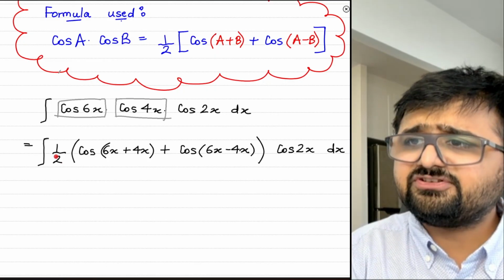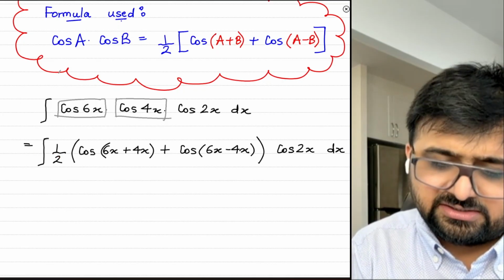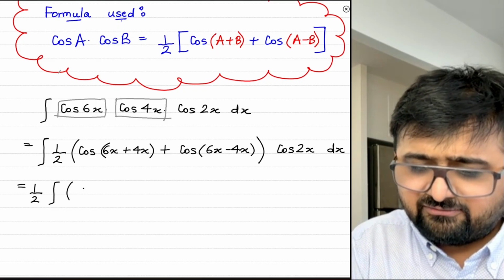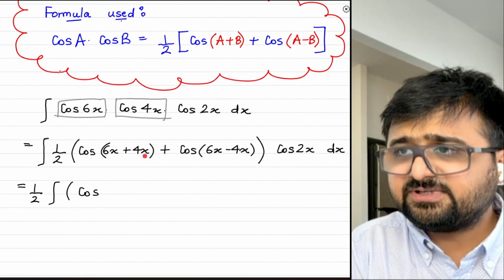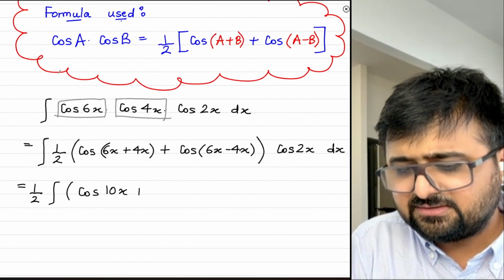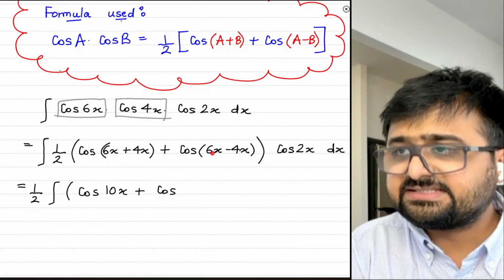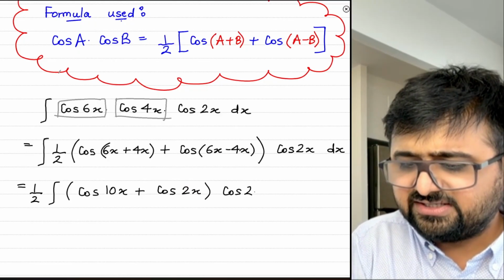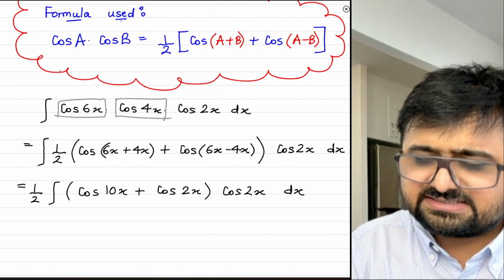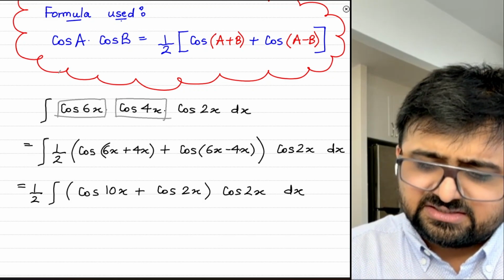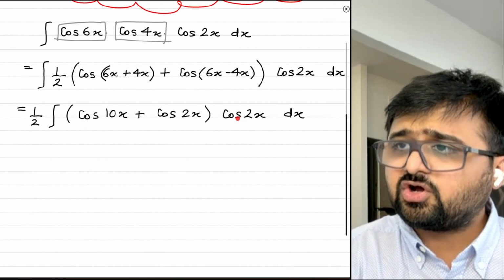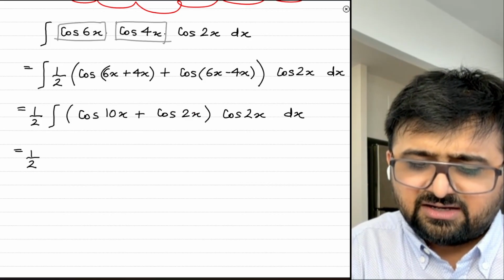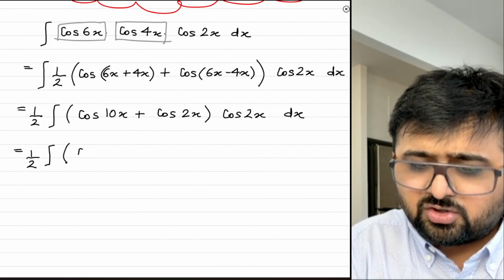This half is a constant value and can be taken out of the integral. So this will become half integral of cos 6x plus 4x is 10x, plus cos 6x minus 4x is 2x, times cos 2x with respect to x. I hope so far it makes sense. Now what you can do is multiply that cos 2x inside of that bracket, and let's see what we get. Half integral of cos 10x